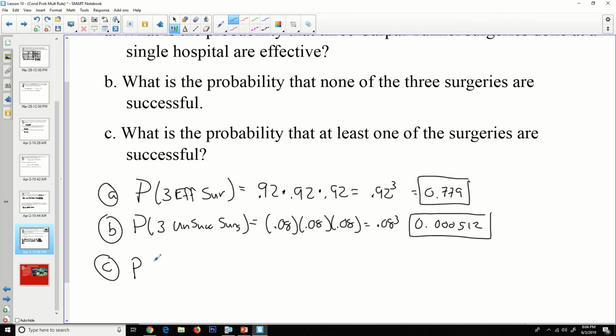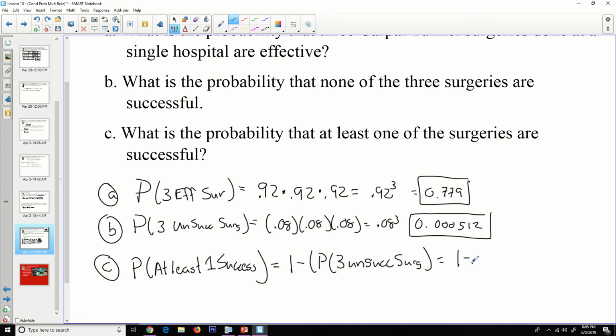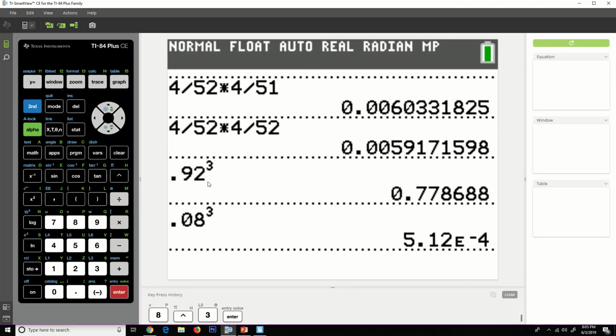So the probability of at least 1 is going to be the complement of the probability of 3 unsuccessful, which in this case would be 1 minus 0.000512. Again, calculator learning time, 1 minus, second, hit that minus button to get the answer,